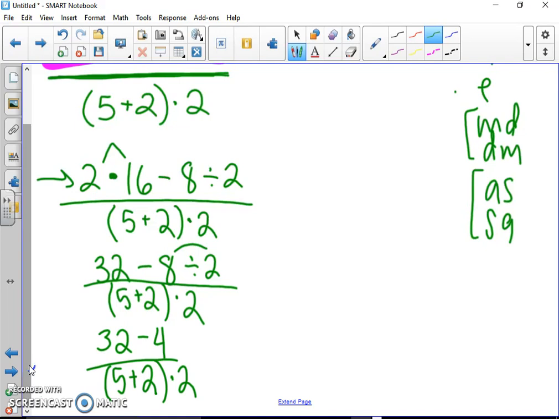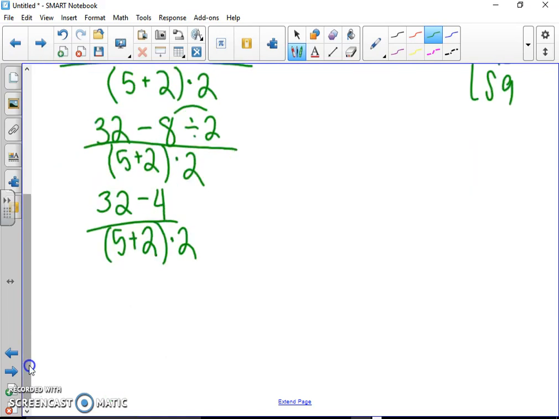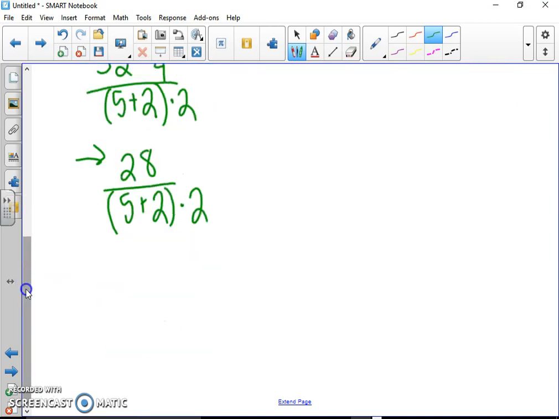Notice I haven't even touched the bottom part of that fraction yet. Okay, let's simplify the top. I can subtract 32 minus 4. That leaves me with 28. And then I have the bottom, 5 plus 2 times 2. All right, the top is completely simplified, so that's done, but we definitely need to do some operations on the